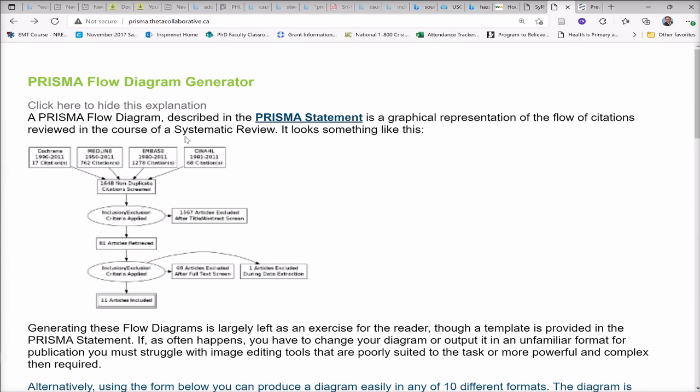More specifically, the PRISMA flow diagram has an actual statement, which you can go over on your own time, but it is used to generate a graphical representation of the flow of citations reviewed in the course of a systematic